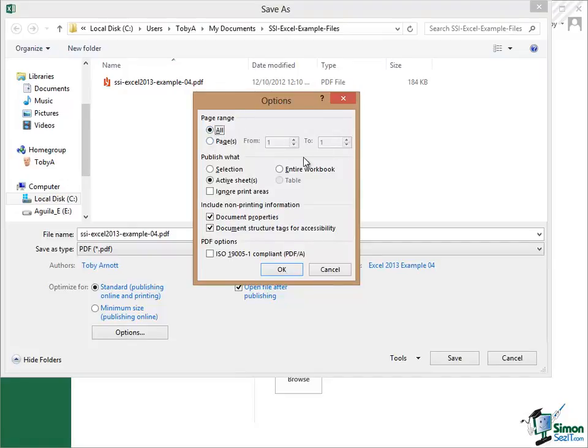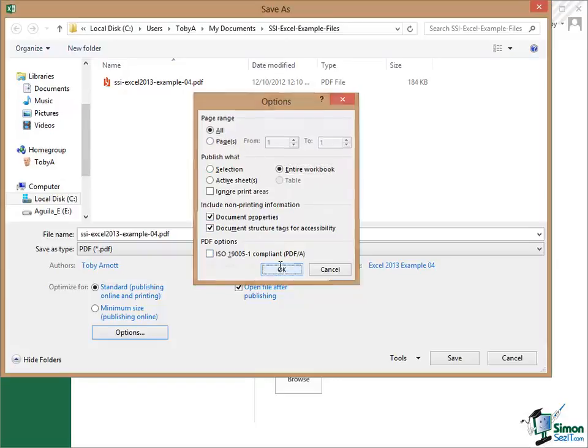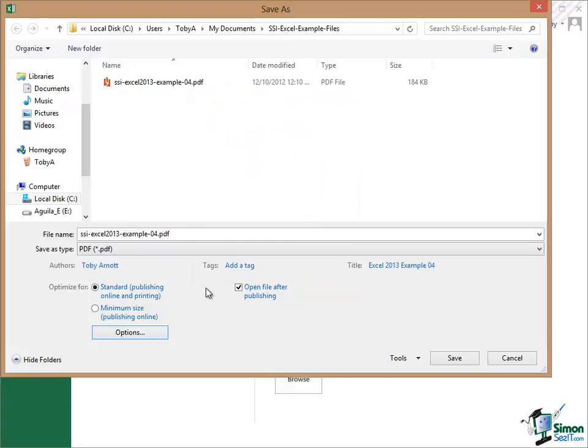Let's say all pages. Do I want to publish what I've selected cells, the entire workbook, or perhaps just the active sheet? Let's say the entire workbook. And do I want to include the non-printing information such as document properties, document structure, tags for accessibility, etc.? And one of the PDF options is this ISO option here. Now I'm going to stick with the options as they are there, click on OK, and then the other area